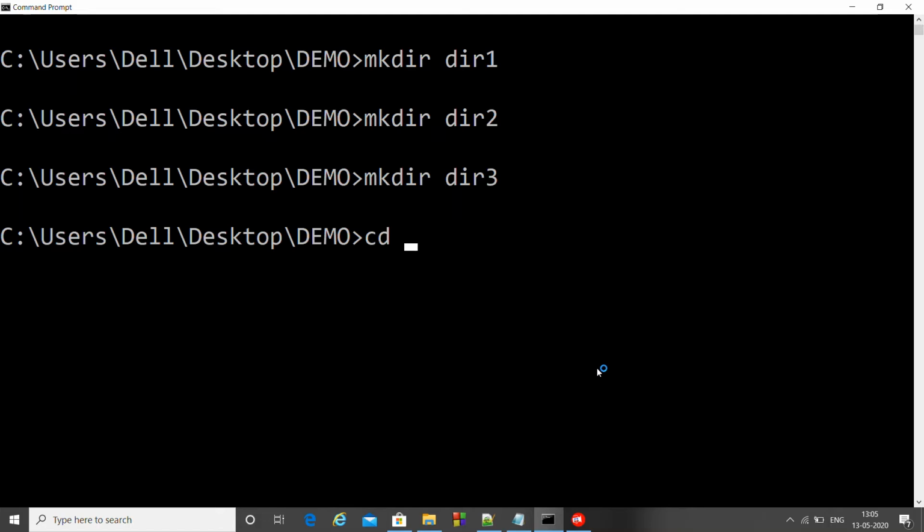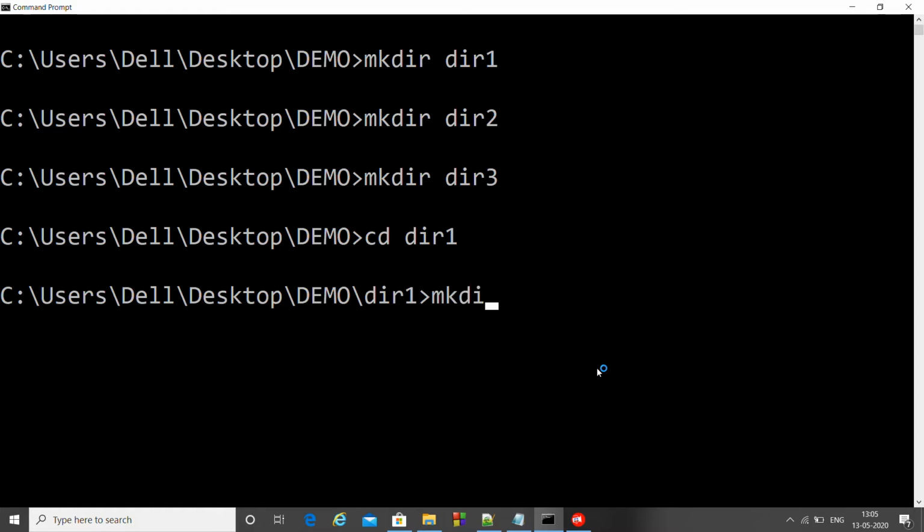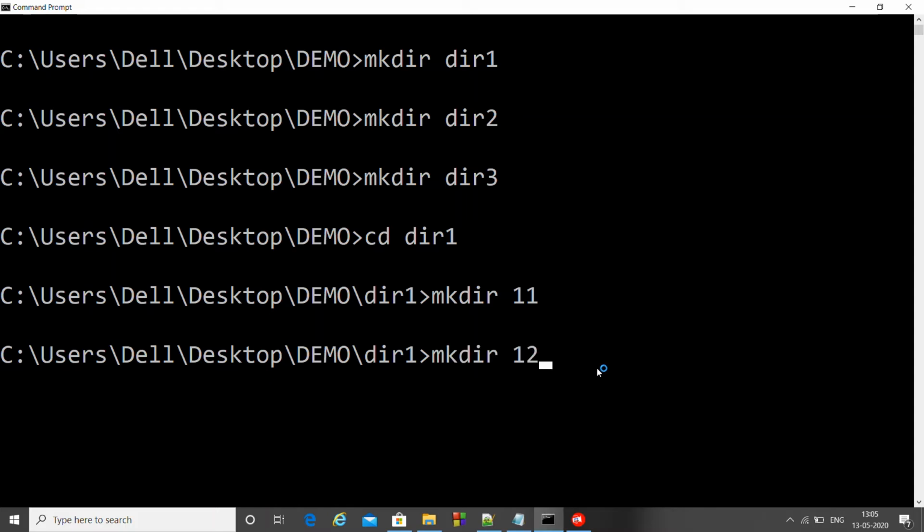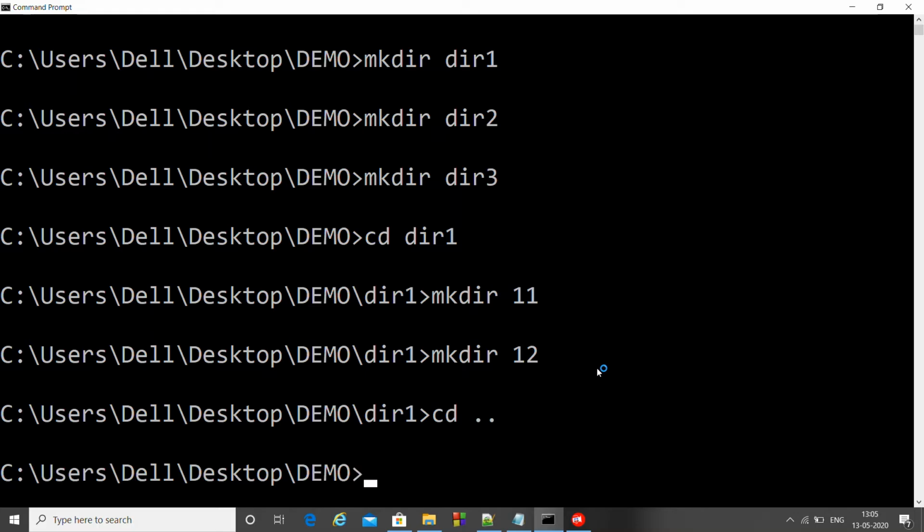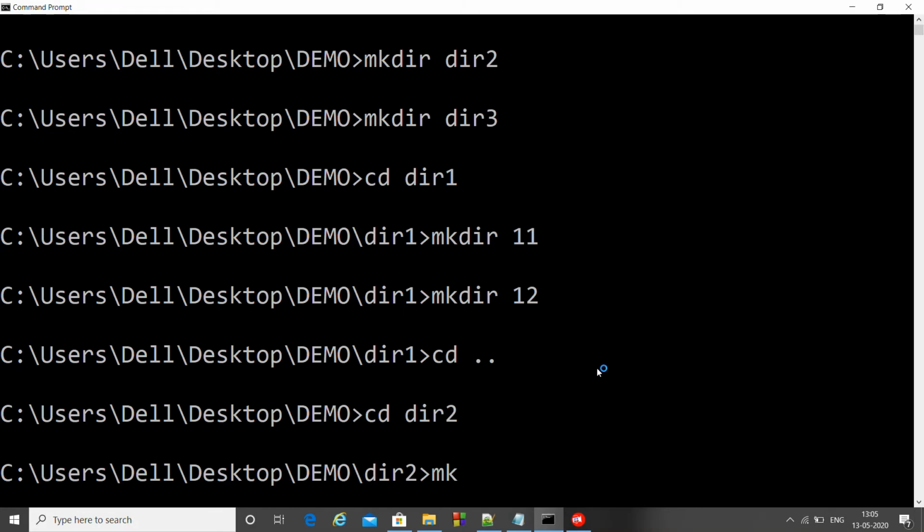We'll go to directory 1 using the command cd 1. We'll create a directory here. We'll come back one step. We'll go to the second directory 2. We'll create a directory here also, 2.1.